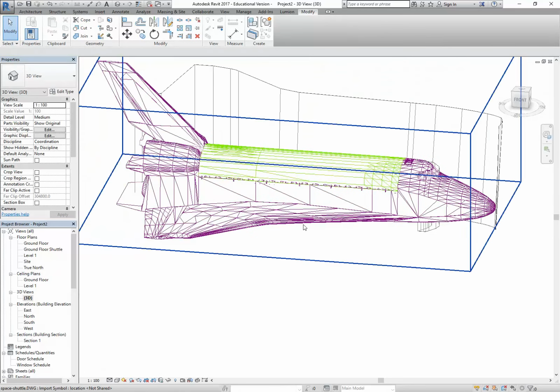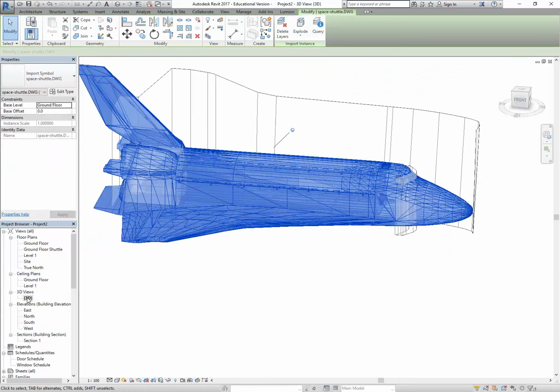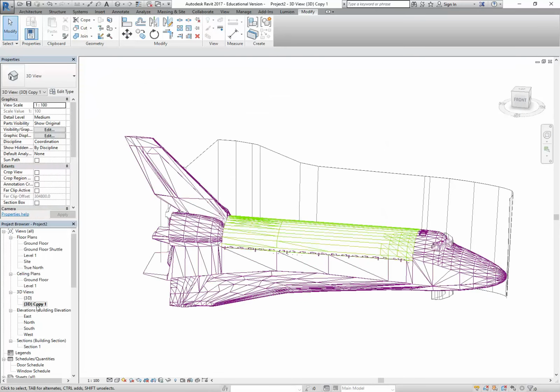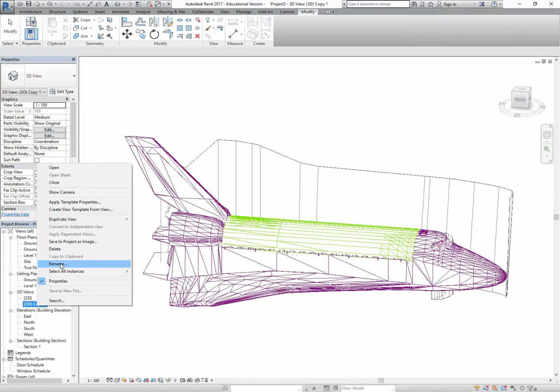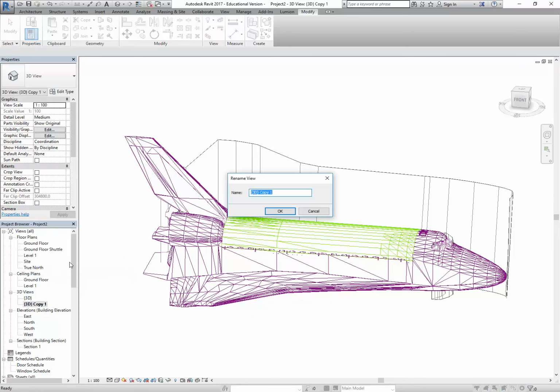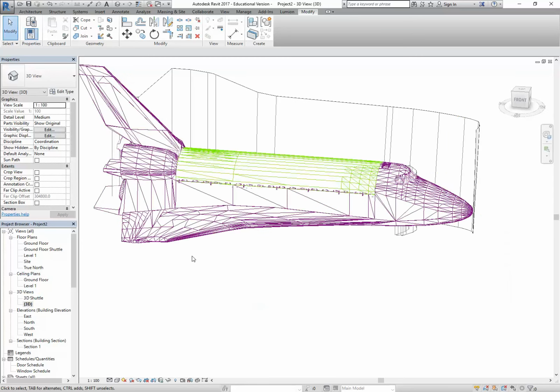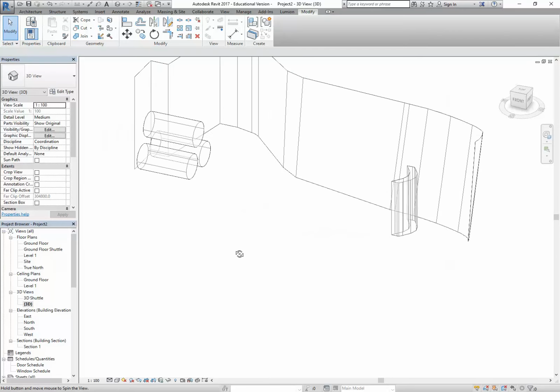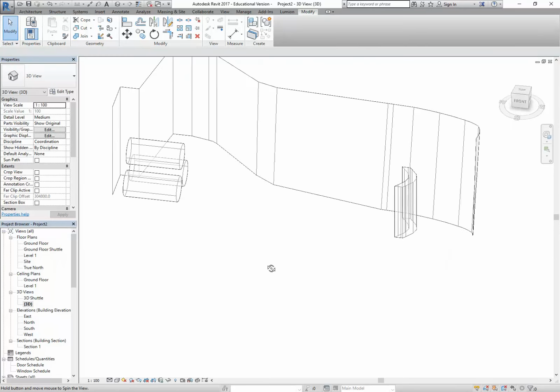Yeah, well, again here I'm going to do the same as before. So I finished the massing, so I can duplicate the view. So notice how you've got to do your view changes separately. So I'm going to make a 3D view for the shuttle. And then in the original, again, I'll hide it. So I've got these things that I can maybe now start turning into building,